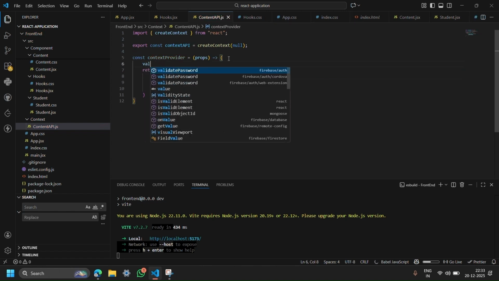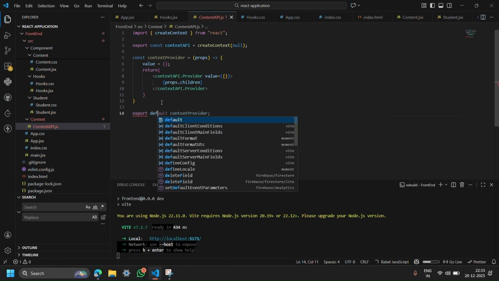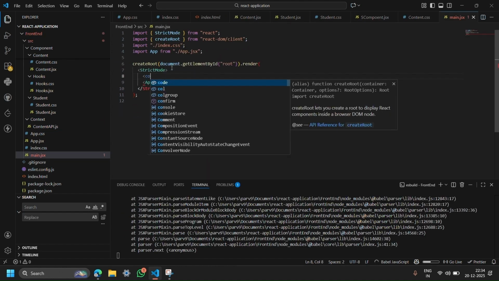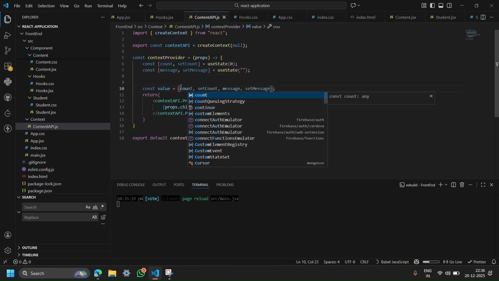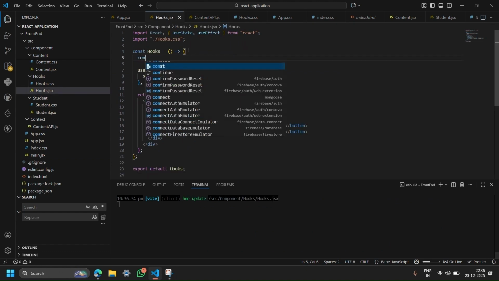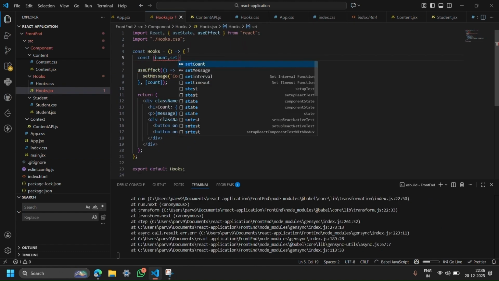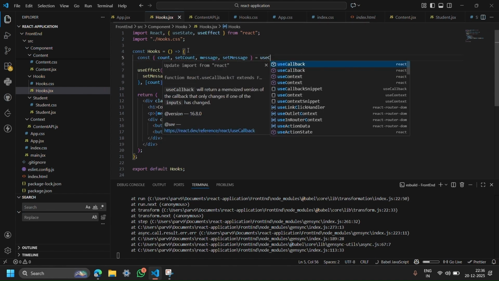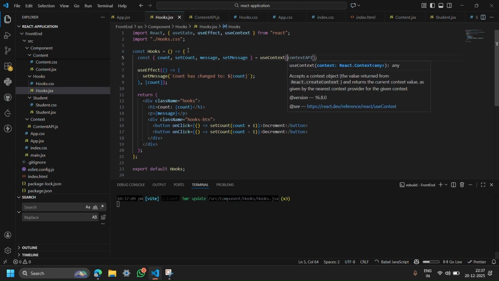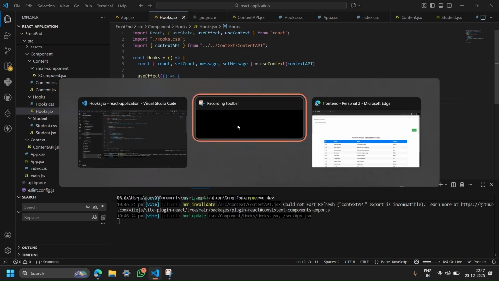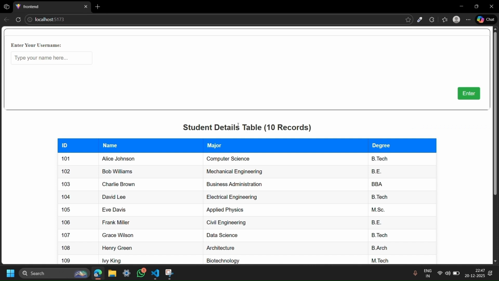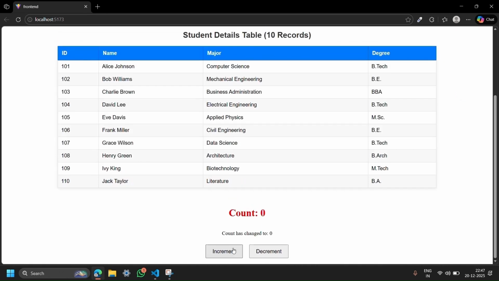We then return the contextAPI.Provider. We pass an object containing our states and functions, count, message, and setMessage, into the value prop. Finally, we wrap props.children inside it so that any child we put inside the provider can access these values. Now let's see how to use these in our hooks.jsx file. First, we import the useContext hook from React and our context API. By using this single line, we are destructuring the global states. Now, our buttons for increment or decrement will update the global count, and our useEffect will still capture those changes